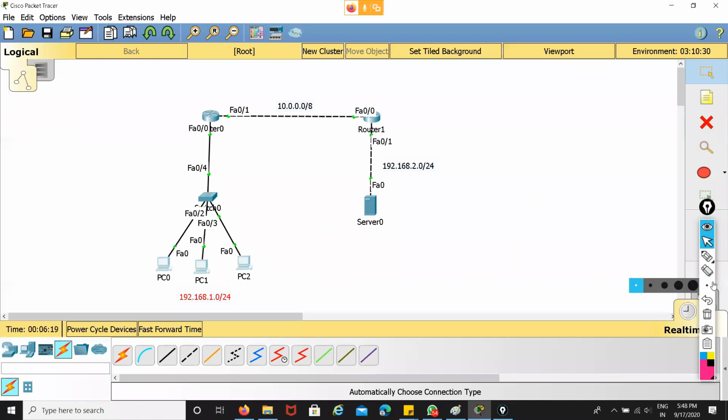So if you have some clients and they are using some devices in your network, all the devices don't have the permission to directly interact with the server.